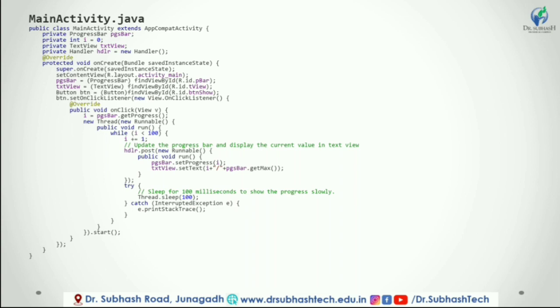If you observe the above code, we created one progress bar control, one text view control and one button control in the XML layout file. Once we are done with creation of layout with required controls, we need to load the XML layout resource from our activity onCreate callback method. For that, open the main activity file MainActivity.java from the package path and write the code like as shown below.